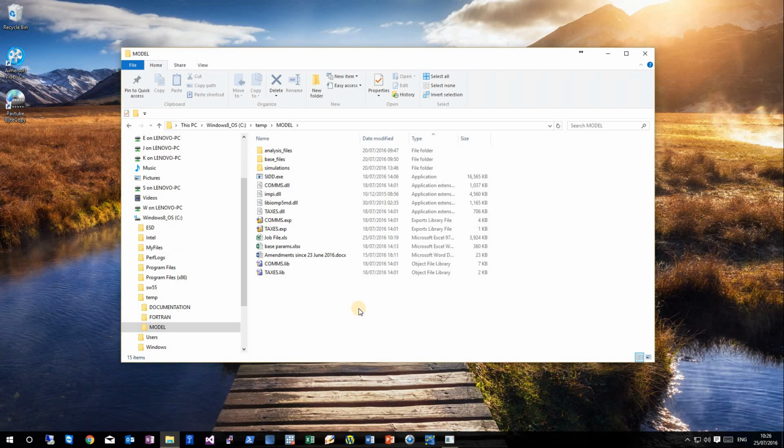This might be somewhat intimidating when you first come to look at it, but it is, I think, fairly straightforward. The key thing to look for in the first instance is this job file, Excel spreadsheet, and this is really, if you like, the control panel for the model. So if we open that up,